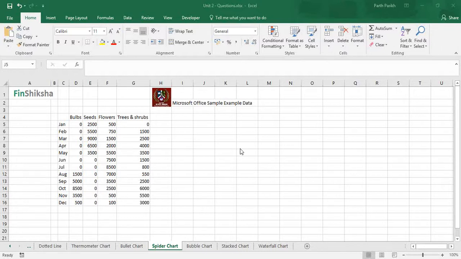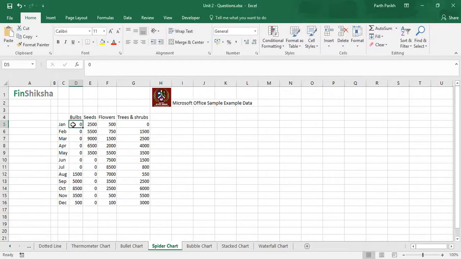We have a data set which we have taken from the Microsoft Office sample example database, which we already mentioned over here. The data set has been given to us, where we have products: bulbs, seeds, flowers, trees, and shrubs. And the sale with respect to every month has been given to us for a year, from January till December.